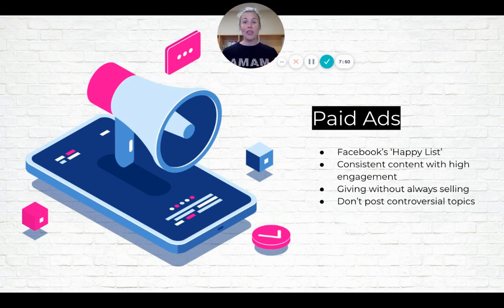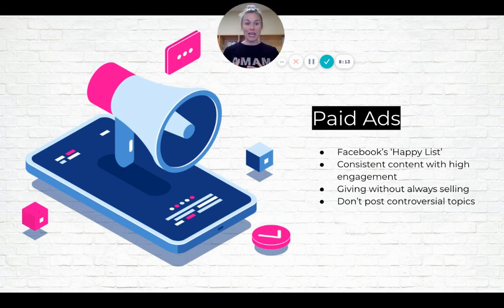It also has to do with how high on Facebook's happy list you are. So let's say I have 2 clients and they're both using the exact same ad copy, the exact same ad creative, and they have the exact same avatar. One client's ads might perform a lot better than the others because they're higher up on Facebook's happy list.